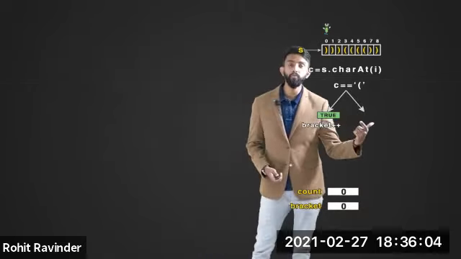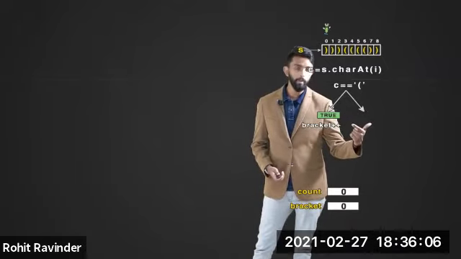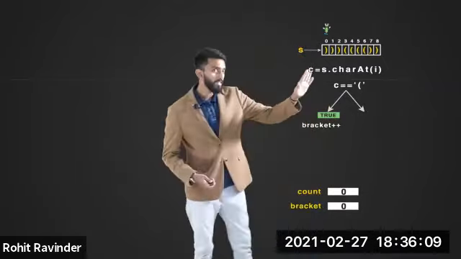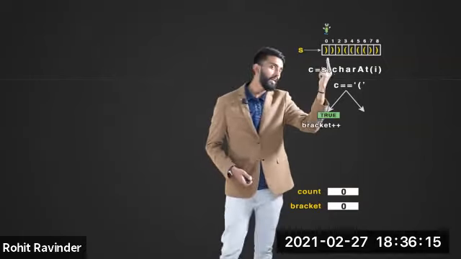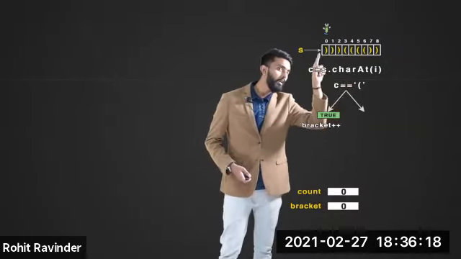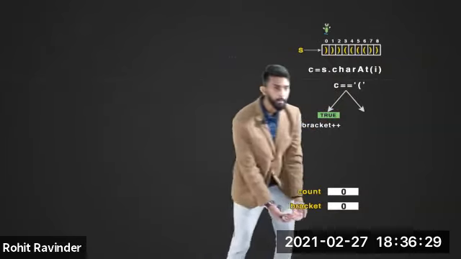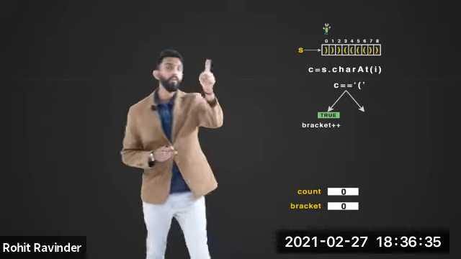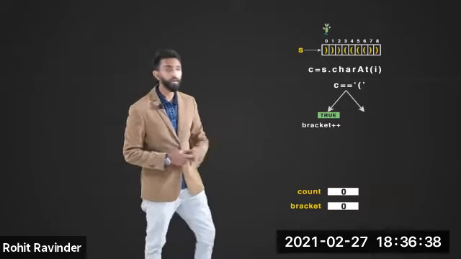Or if it is false, what is going to happen is the question. Now, in this example, I took the character present at the first index. Look at this character and tell me, is it an opening bracket or a closing bracket? Anybody with eyes can see that it is a closing bracket. Which means in my case, this condition is not going to be true. Only if it is true, I'm going to increment bracket, because bracket is a variable which I've created, whose value is only going to increase if it is an opening bracket. I hope I'm clear. Count is a variable I have readied, which is ultimately going to tell me how many imbalanced brackets there are.